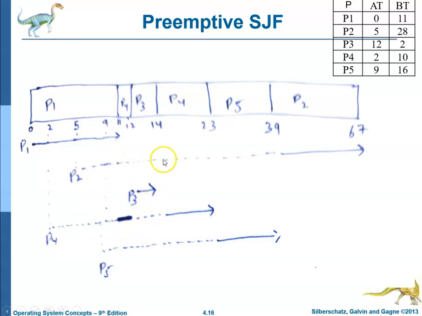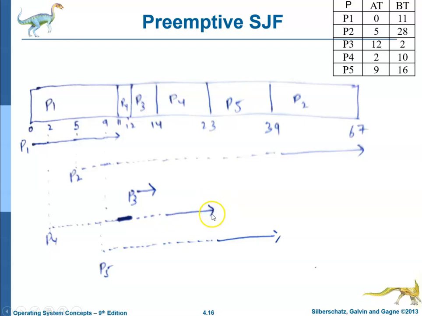P2 will continue to wait till 14. And P5 will continue to wait till 14. Now at time 14, after P3's execution, we need to schedule the next process. So remaining processes are P2 with burst time 28, P4 with remaining burst time of 9, and P5 with burst time of 16. P4 being shortest, it will start at 14 and continue to execute for 9 seconds